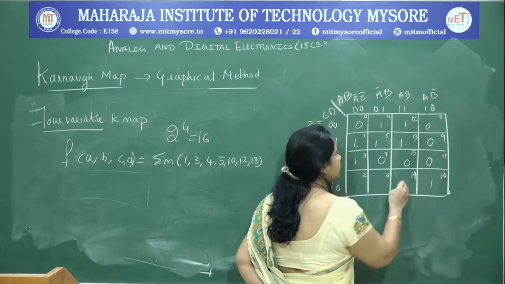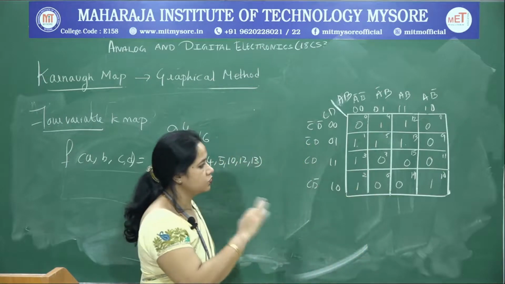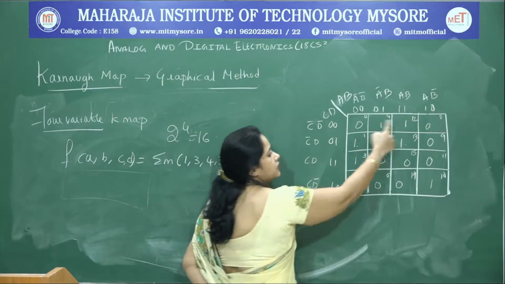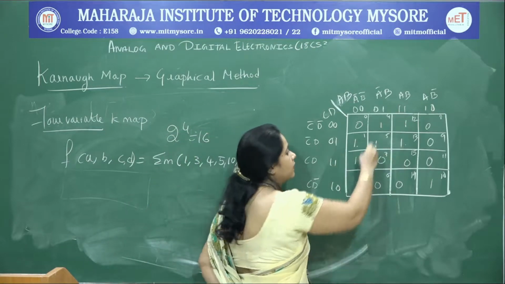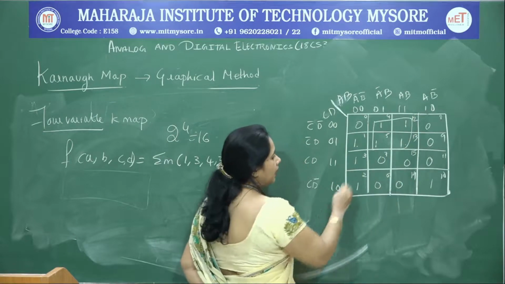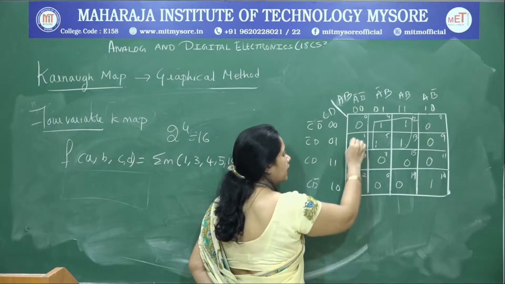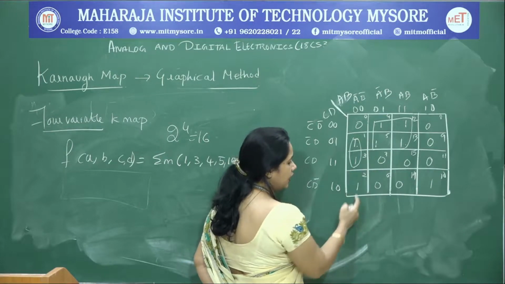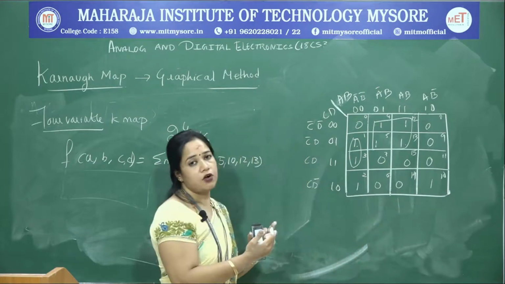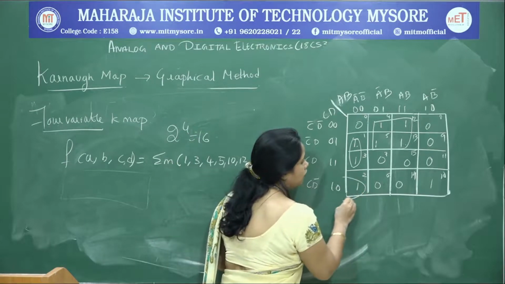Those min terms which are present in the expression, the corresponding cells are marked with 1, and those which are not present we will mark as 0. Now, we look for adjacent ones. You can see 4 adjacent ones, they form a quad, and here it is not possible for me to form any quad. I form a pair here, and as I already said, towards the end if you have two ones, they form adjacent ones,